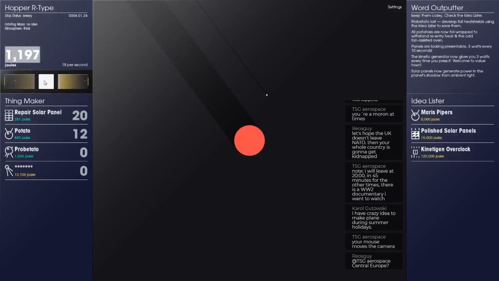All right, what are we going to boost up next? I mean, the Maris Pipers are looking pretty good, but they are a distance away. Maybe we'll spend some more money on potato 2, in fact. Genetically modified potato for more power output, 1 joule per second, 68.4% of total power. We can take more of that. Like, modified supply potential harvesting, 8 joules per second. So, these are temporary things, right? Where we buy one and it gives us a boost while it's running, but then nothing afterwards. Is that what I'm figuring out there? Okay, that's pretty good. I've got a feeling we're getting close to a turning point in this game. You can feel it. Can I feel it?